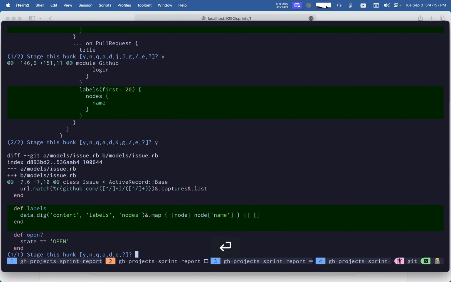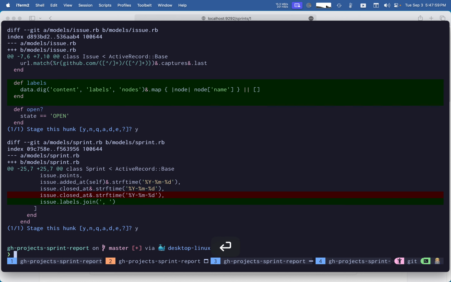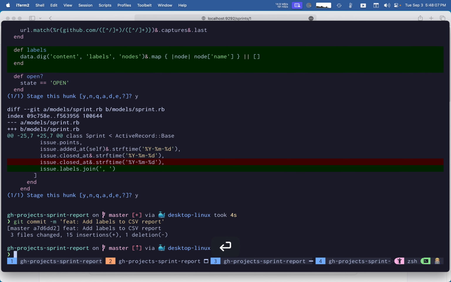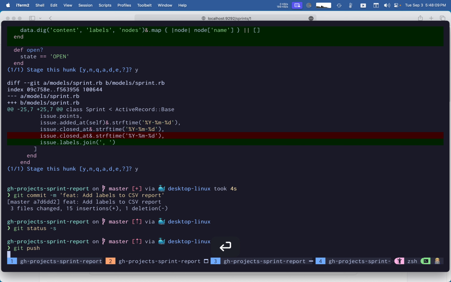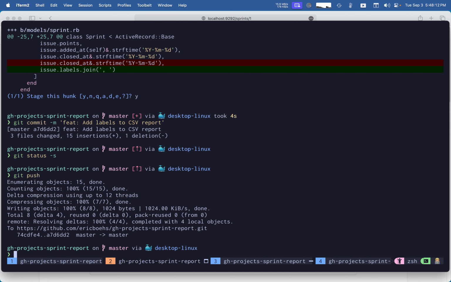Okay. Yeah. All right. Just those three little changes, or four, I suppose. And we'll say feature add labels to CSV report. Okay. And then the next feature was, what was it? Truncate? Yeah. So that's going to be in the